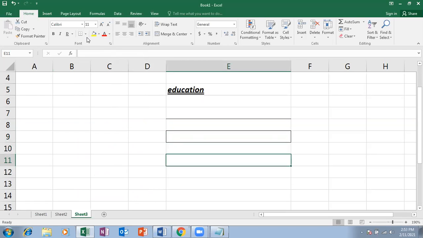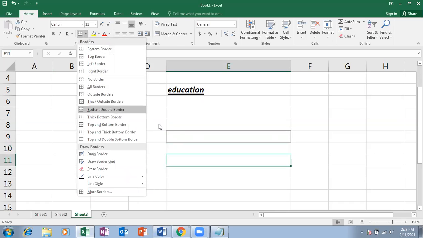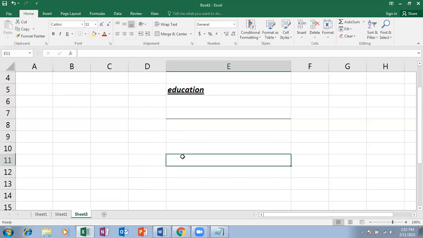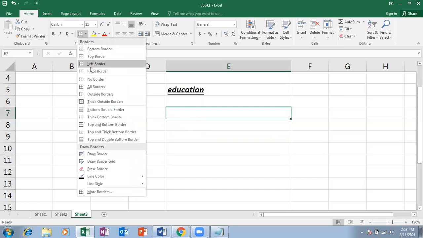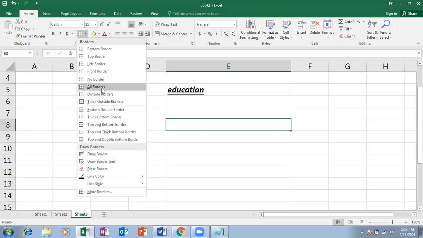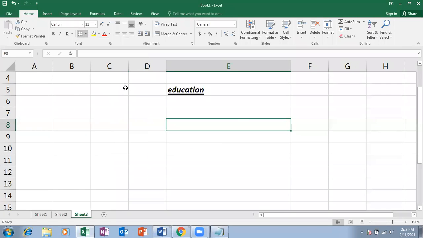Or else you just click here. If you don't want any borders, say no borders. And if you want border on all sides, click on all borders.